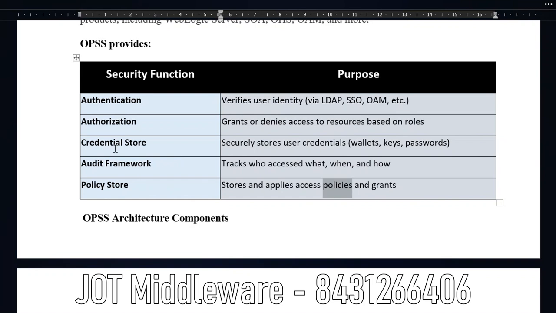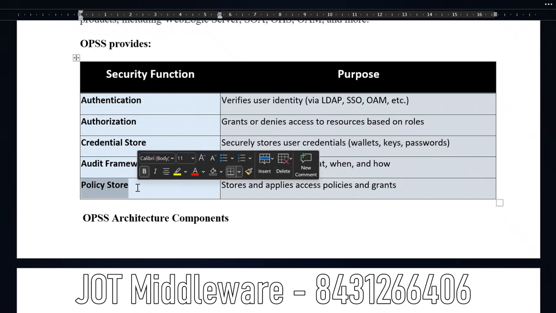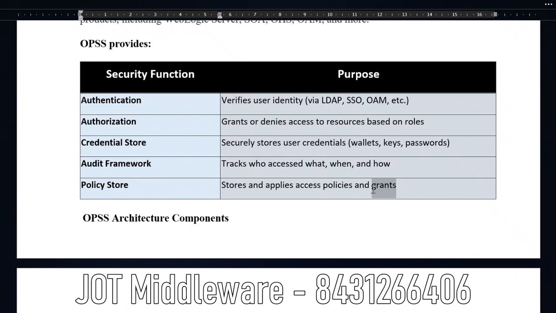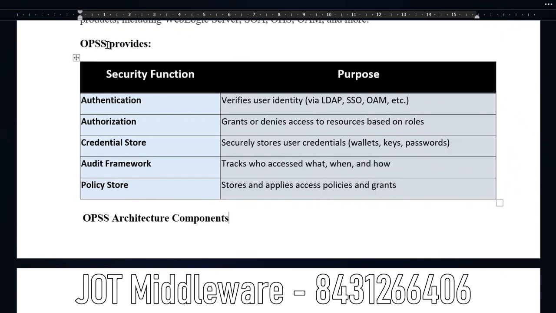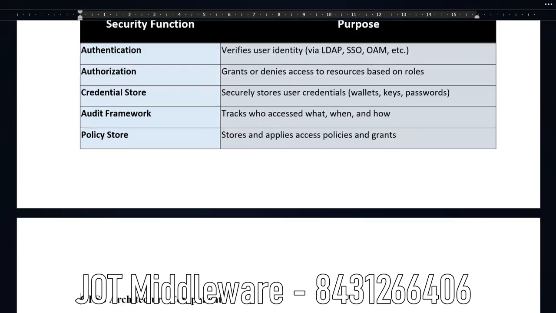So the credential store stores the keys, passwords, and everything. And the policy store stores the roles and policies, right? So this is the security functionality of OPSS. And what is the architecture